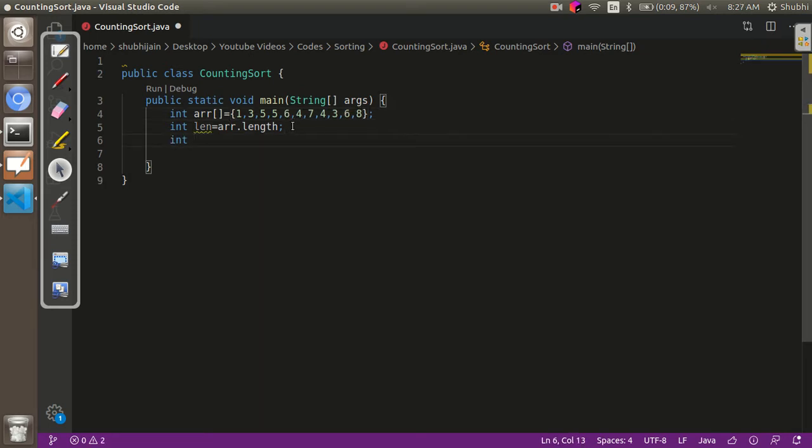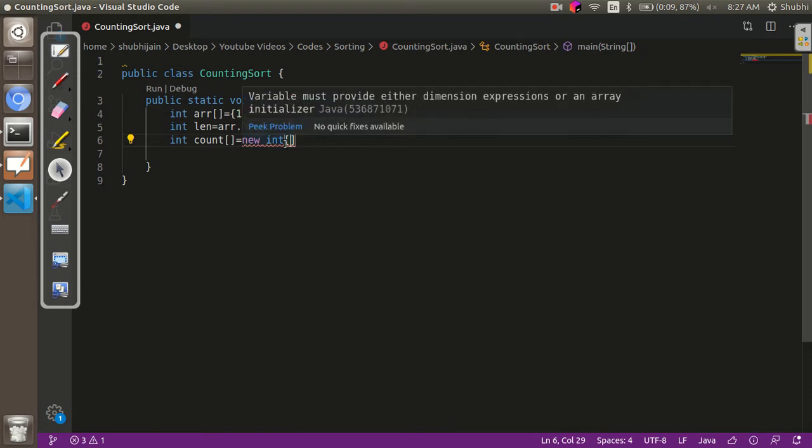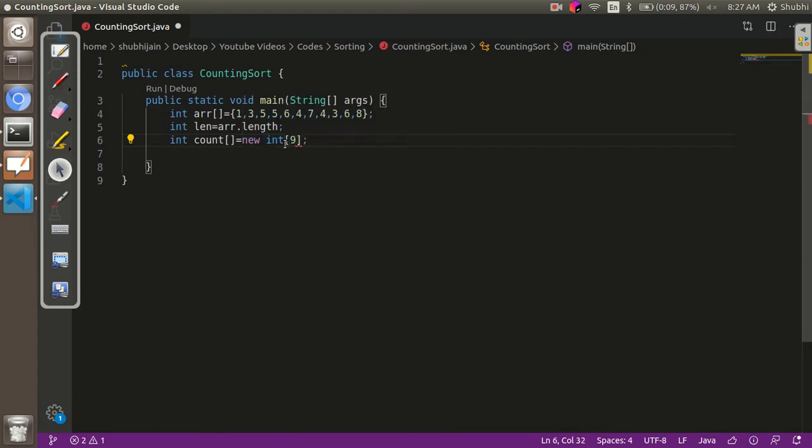Now we want a count array that will store the frequency of each element of the array. Now over here I knew that the elements are up till 8. So I am going to write 9 over here because the index starts from 0.